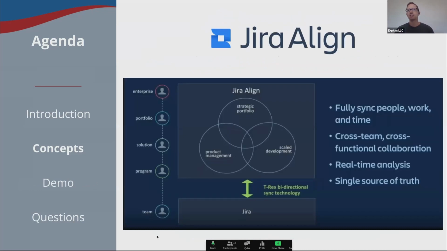But let's get to Jira Line. That's why you attended this today. So Jira Line is formerly called AgileCraft. It was acquired by Atlassian in 2019. And so now it's Atlassian's cloud-based Agile at Scale solution that provides enterprises with a tool to align business strategy